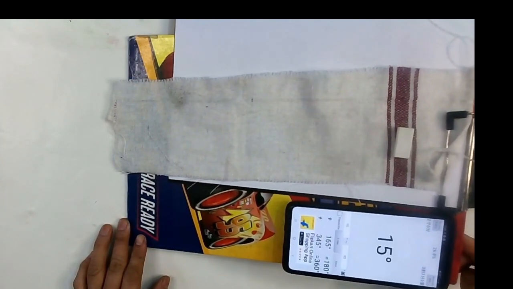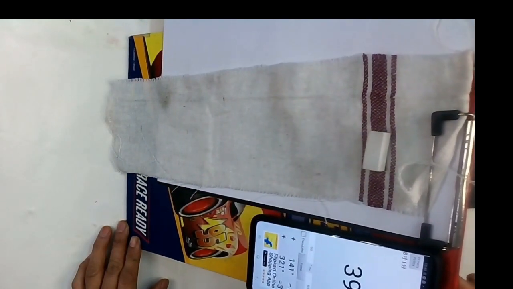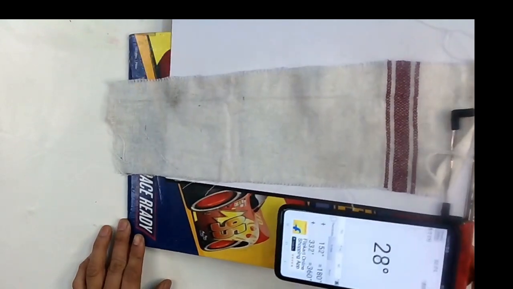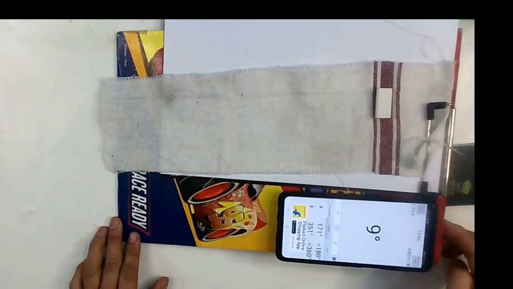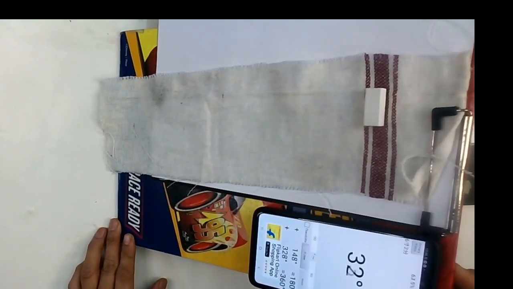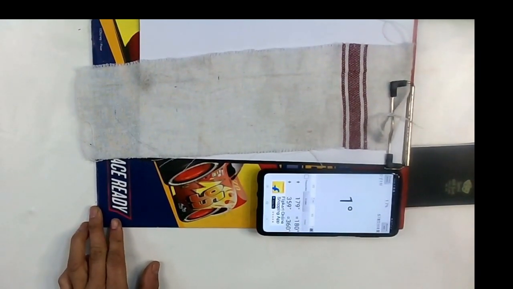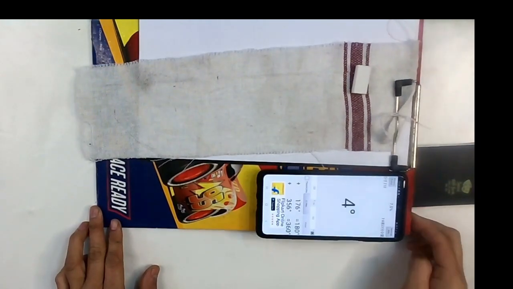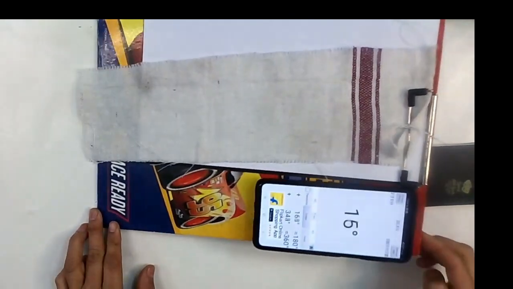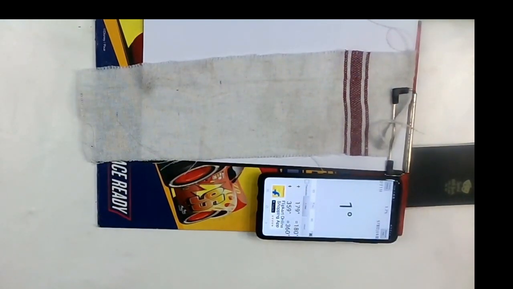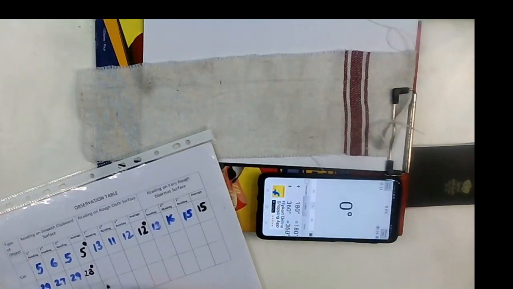We are starting the second part with cloth. Here it's going down at 40 degree. Second reading I am taking, 41 degree. Third reading I am taking, 44 degree. So let's write it. First reading was